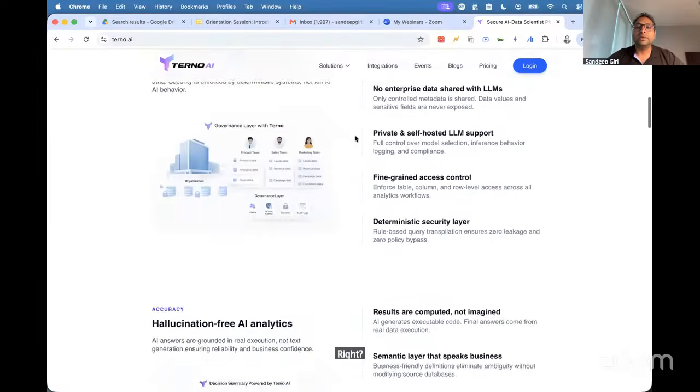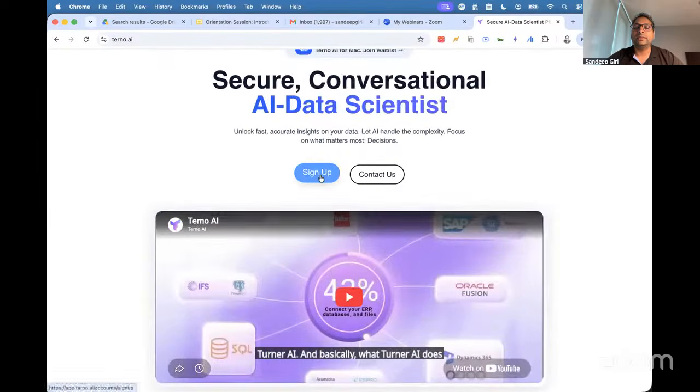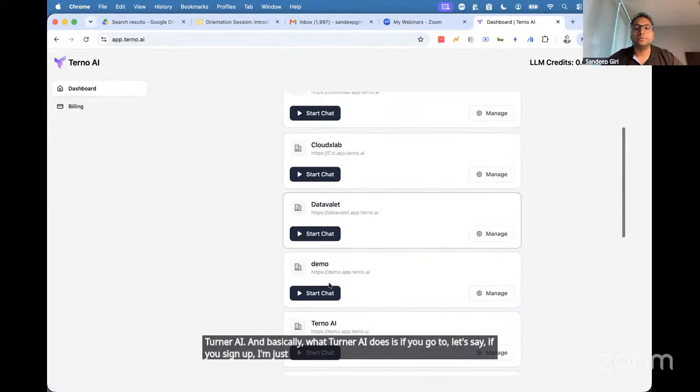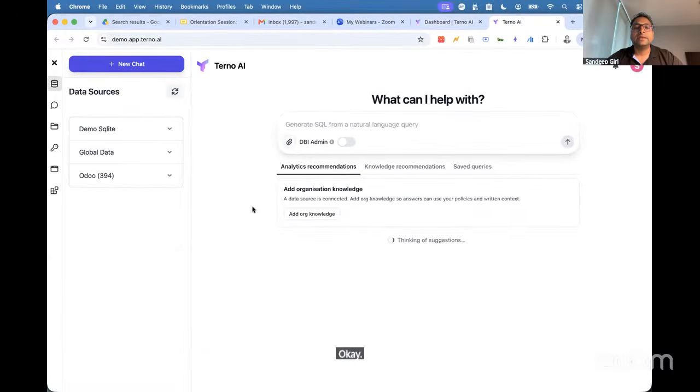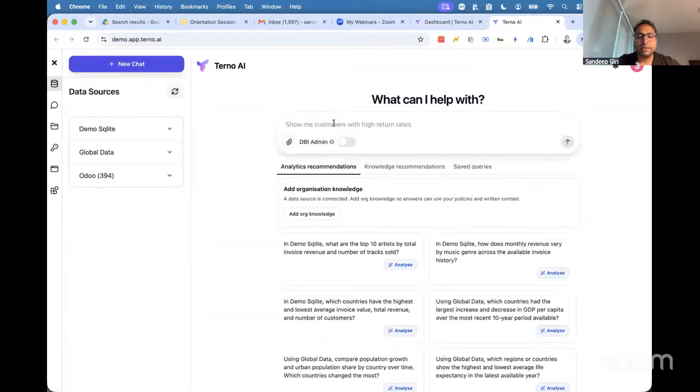Turno AI. Basically, what Turno AI does is, if you sign up, I'm just trying to show you, here I'm saying: using Python code, find the first 20 prime numbers, and then calculate their sum. Now, the answer to this question,